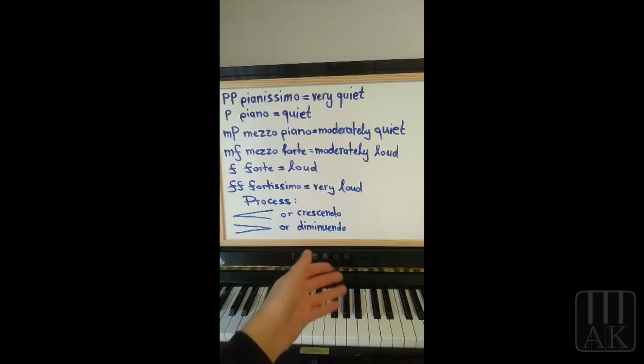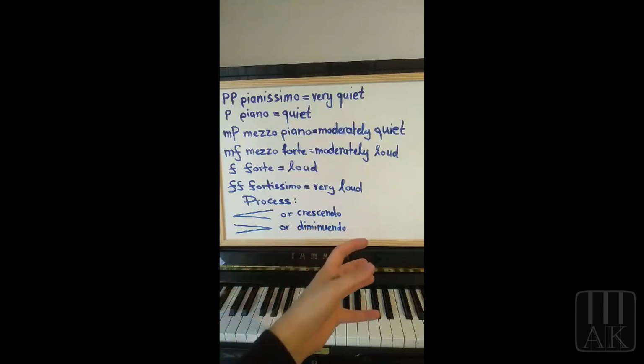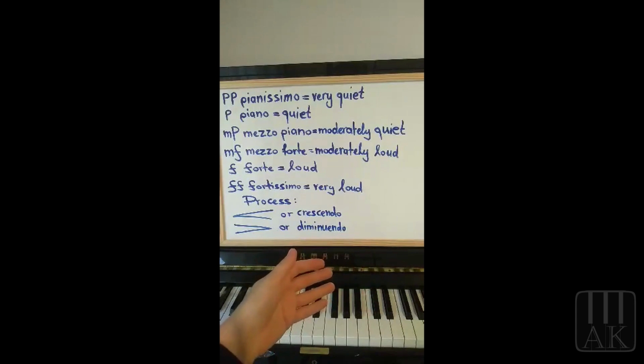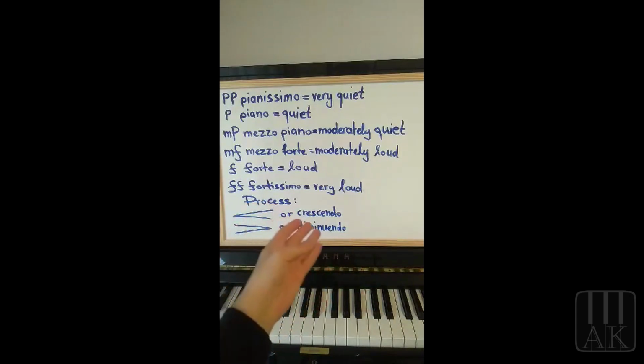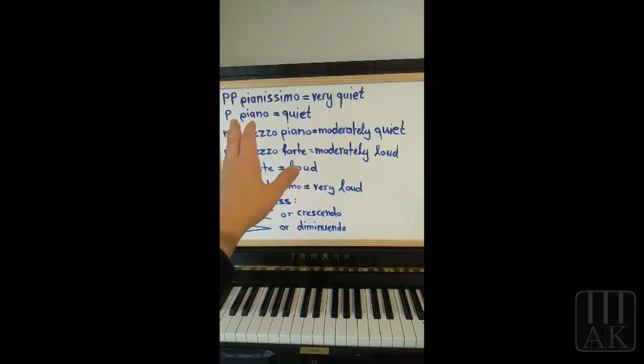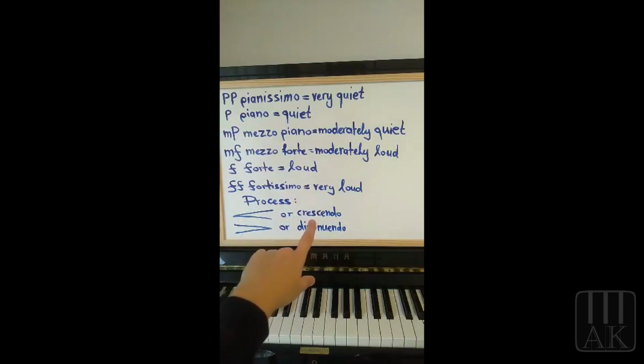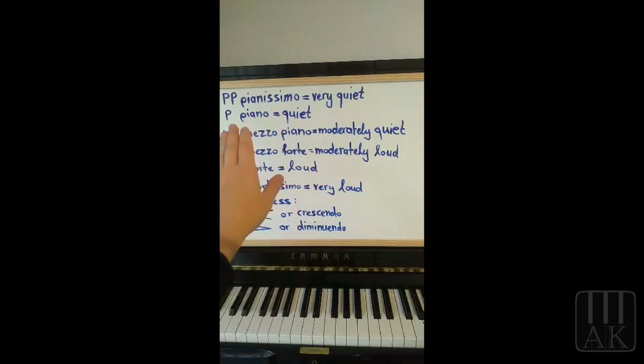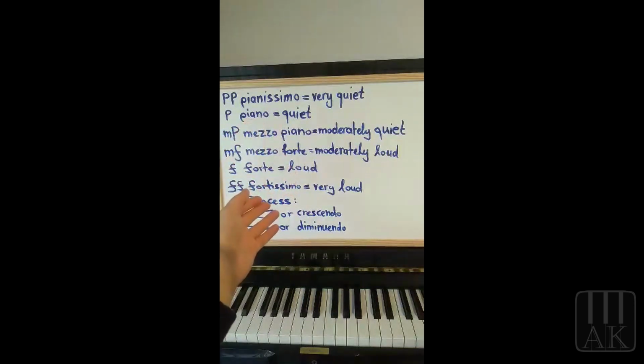So now let's take a sentence for an example, because we're going to need a much bigger time duration so that the kids can really see the process of crescendo or diminuendo. Let's start with a sentence. Today is a very sunny day. I will say it piano and then I will make a crescendo. Today is a very sunny day. And now I can do it